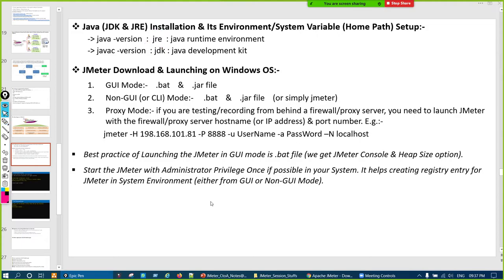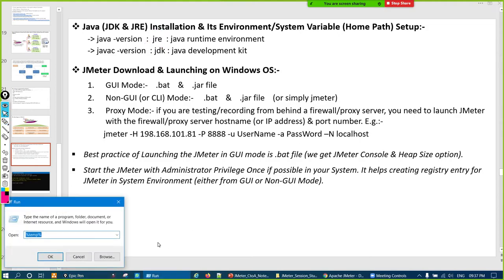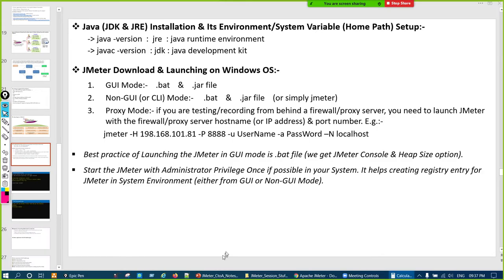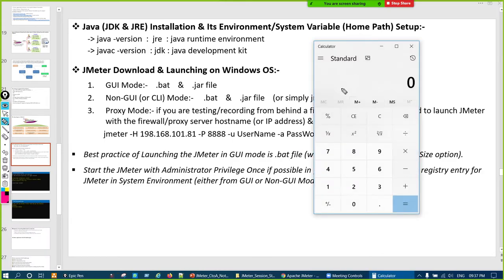Suppose the Microsoft calculator is there, designed on .NET. To use it, I should have some runtime libraries installed in my system. Similarly, for any Java application, we should have JRE installed in the system where we want to use it.